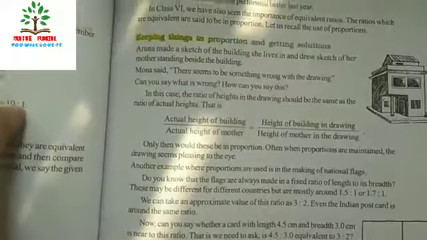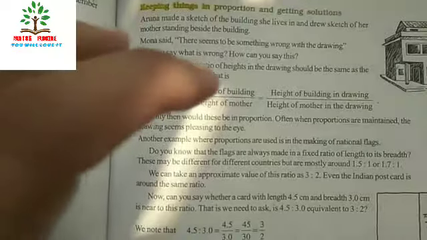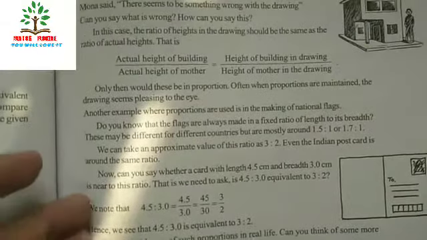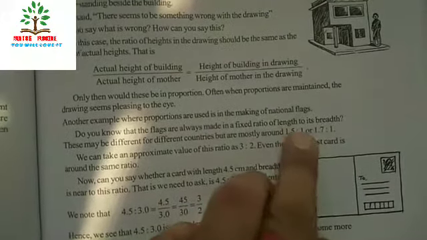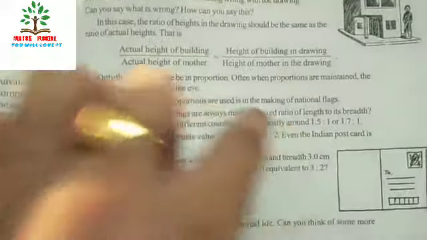We have seen that a scale is given, so accordingly we can see the political map of India or other maps. Because of the scale they have taken, it is balanced. In the same way, when we have to make a flag, approximately we know the ratio is 3:2, or normally from 1:5 to 1, or 2:7, 1:7, 1.5:1 to 1.7:1, so accordingly we can make the flag. If we are increasing the length, accordingly by the ratio we have to increase the width. If we are increasing the width, according to the ratio we have to increase the length, then only we can make the actual type of figure.